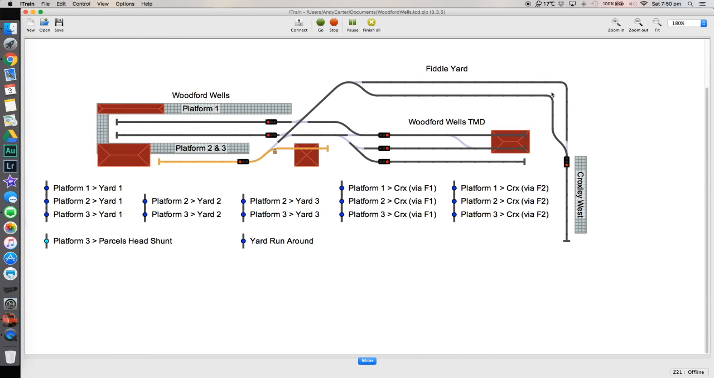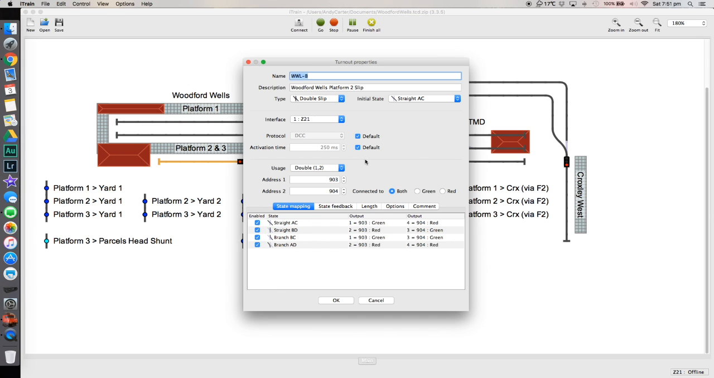Okay, so this is my layout plan for Woodford Wells. So let's take a look at some of the features that I've got. Okay, so I've got various different turnouts, and I've also got some slips. So let's inspect the property of the slip so we can see how it's being set up in the double usage. So because it's got two separate point motors, two separate point blades that need to throw, you need to